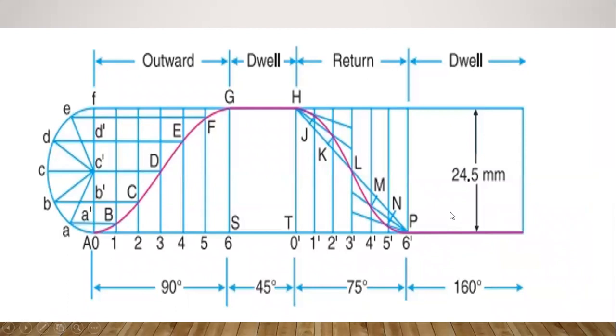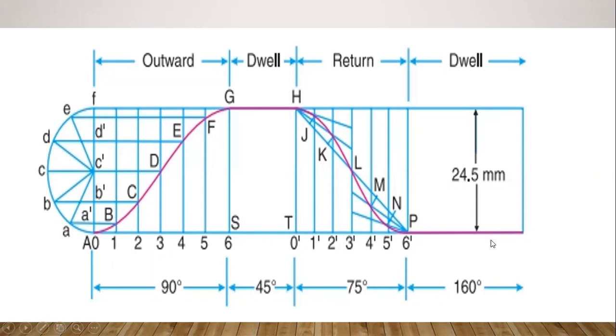So next we have to draw the displacement diagram for the given data. The stroke obtained is 24.5 mm. So with the height as 24.5 mm and the length from A to the last point, we are